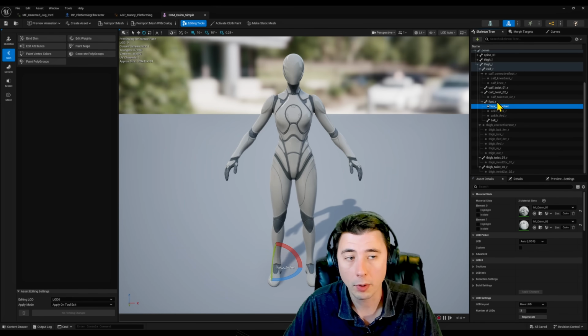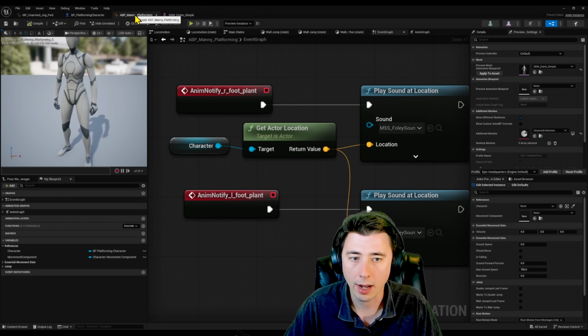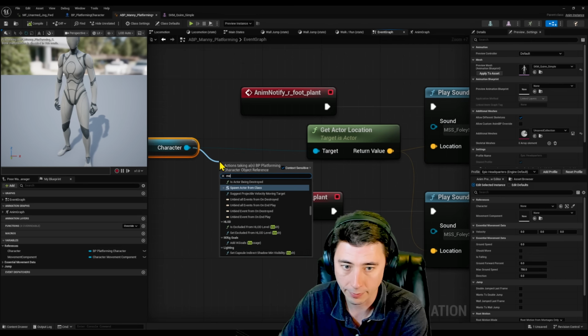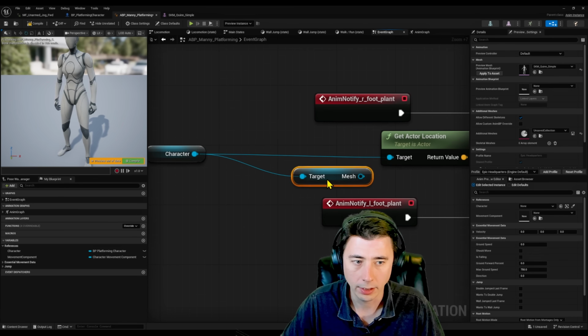But for the purposes of what we want to do here, playing sounds on particular bones, particular joints, we just need to get the name of that joint. So foot underscore R, and the other one's going to be foot underscore L. And if we go back to our animation blueprint, instead of just getting our actor location from the character, we have to get the mesh specifically. So down here, get mesh. And I'm going to drag out a little bit further